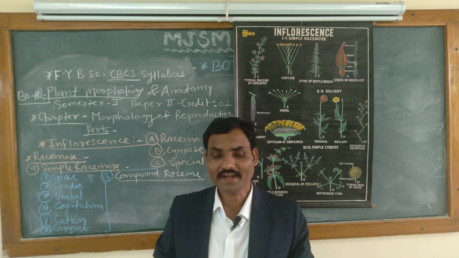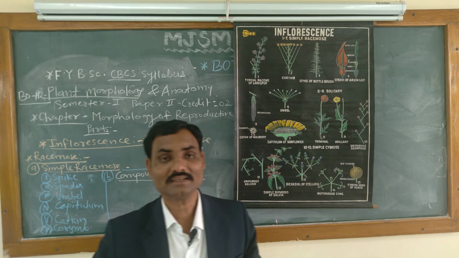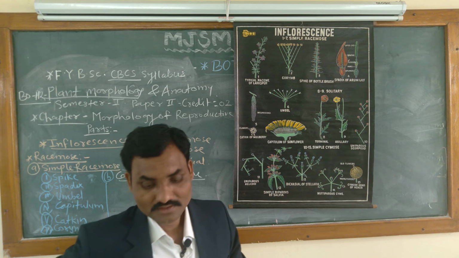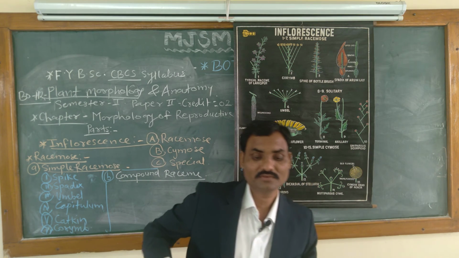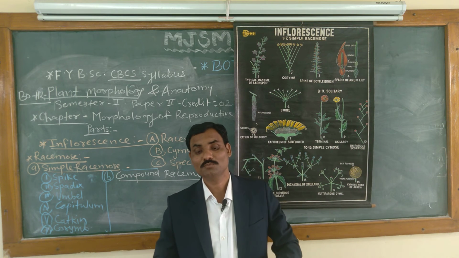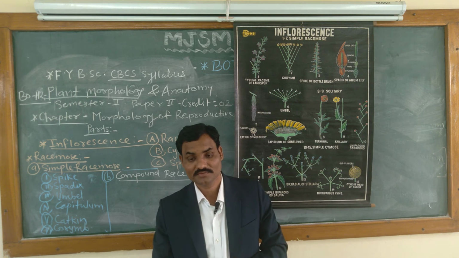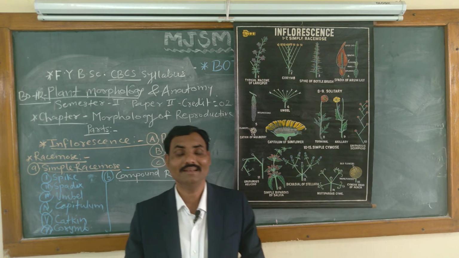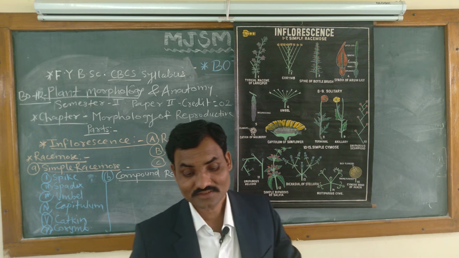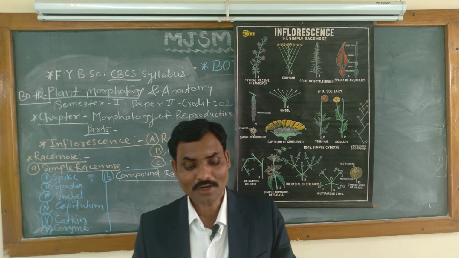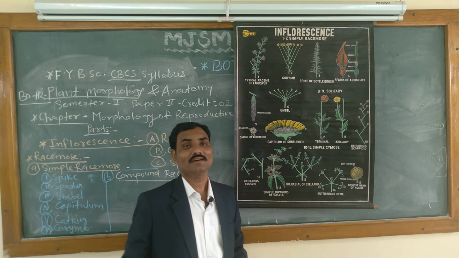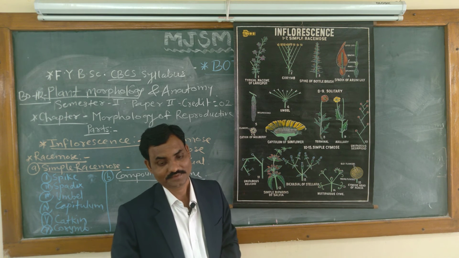Then the flowers are bracteate. Bracts form a whorl at the base of the flower called involucre bracts. Examples are Prunus, Calotropis and Hydrocotyle. In this way there are different examples of the umbel. Coriander is also an example. And what about compound umbel? Coriander is an example of compound umbel.